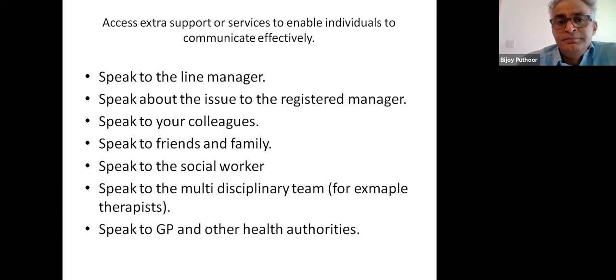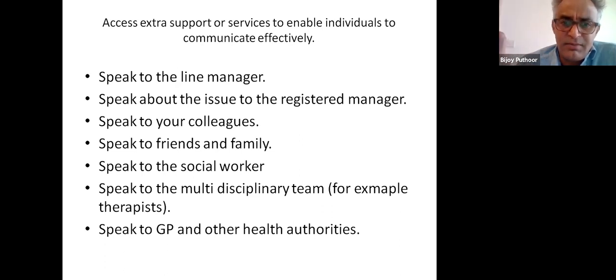Okay, so speak to a multidisciplinary team, which is a team of social workers, health authorities, speech and language therapists, occupational therapists, etc. So they can give you important clues and support, to make the communication more effective. Speak to a GP. Okay, so what I'm saying is that if you want extra support, say if I am a resident and I'm finding it difficult to communicate verbally, and you want to get the support of speech and language